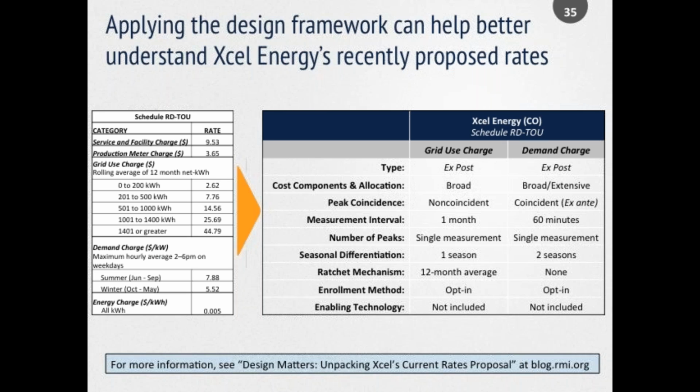So you're kind of locked into your existing month's usage for about a year going forward under this rate. Yeah, and I think it was a really interesting exercise for us to go through, having just done this research, then look at an active proposal, in this case by Xcel here in Colorado. And a couple interesting things emerge here: the grid use charge is quite novel, not something seen too often elsewhere, but this 12-month rolling average of kilowatt-hour usage, as we understand it, is intended to do what fixed